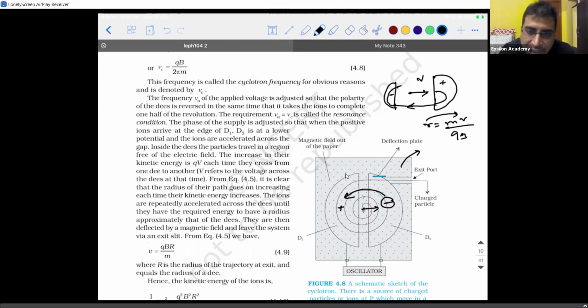So if you keep changing the polarity, the particle will neither be in a straight line path nor in a circular path. Rather, it will follow a spiral path. It is spiral, not that helical path. It is spiral. The particle is going to move in a spiral path and its velocity will increase, and at one particular instant, it will gain a large amount of velocity. Now see the video, you will have better clarity.